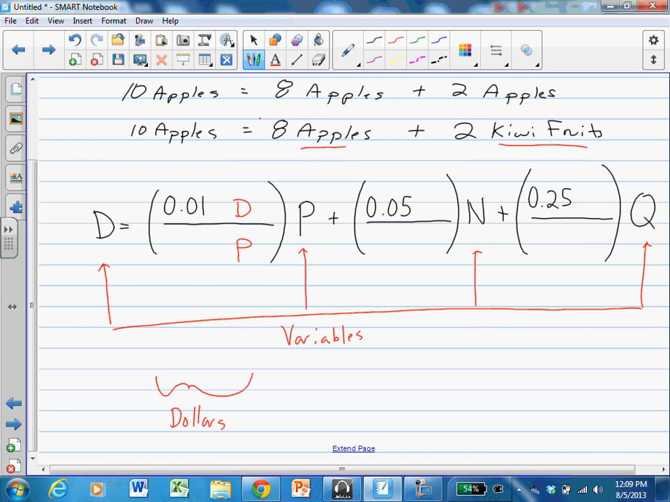Okay? On this one, it would be the same except dollars over nickels, and then quarters over nickels. But once you put in your number of nickels, you're left with dollars. And once you put in the number of quarters, you're left with dollars. So as an example,